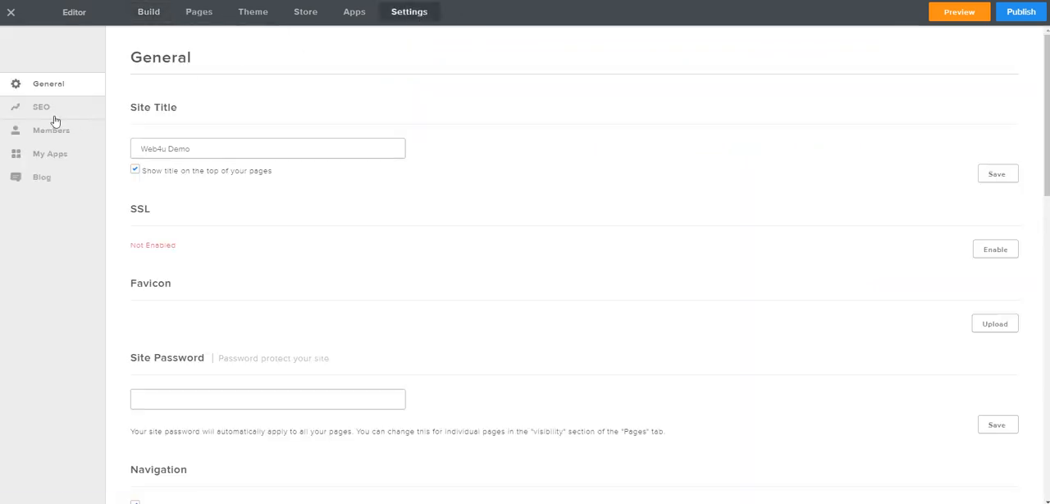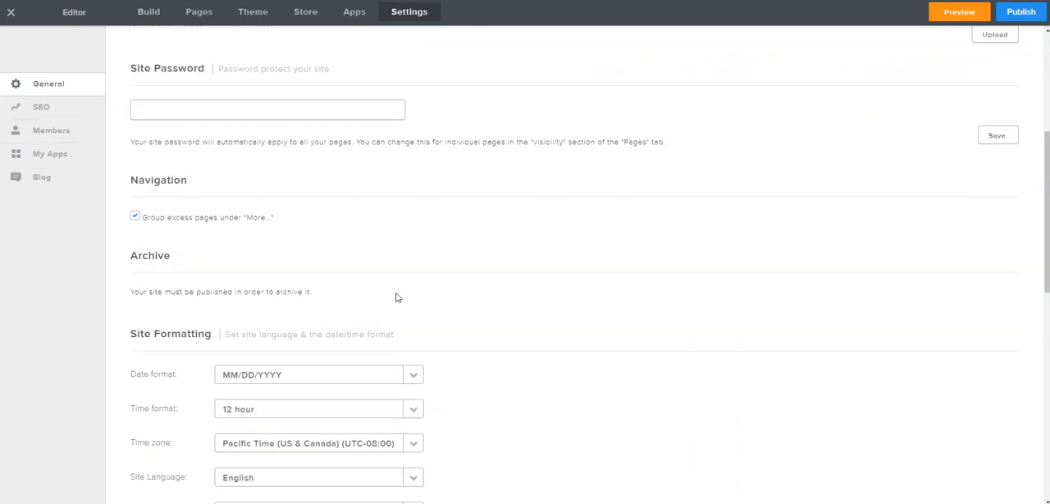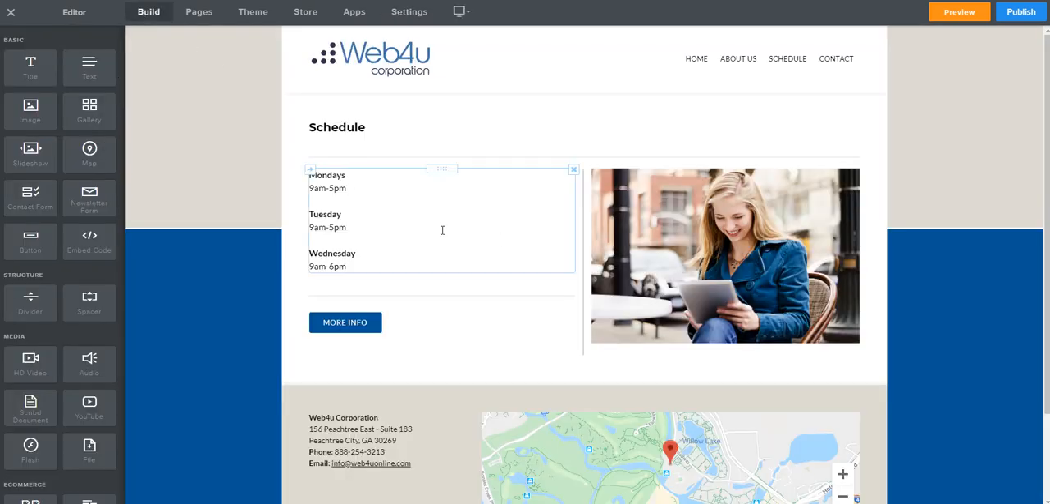We'll head back over to settings. There is such a thing as a site password. You can password protect pages easily with a site password. There's also a members feature where you can create usernames and passwords to protect more pages. So there's a lot of options built in, and it's all very easy to use, and most of it is drag and drop